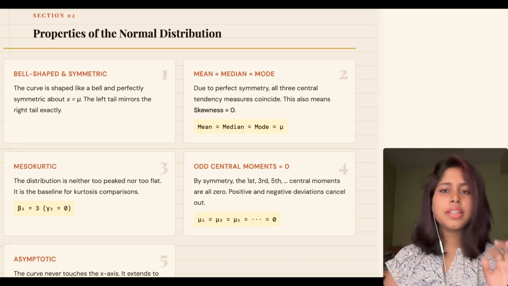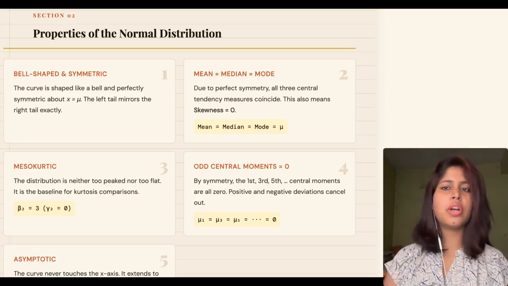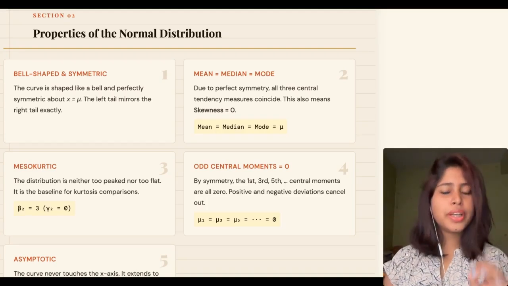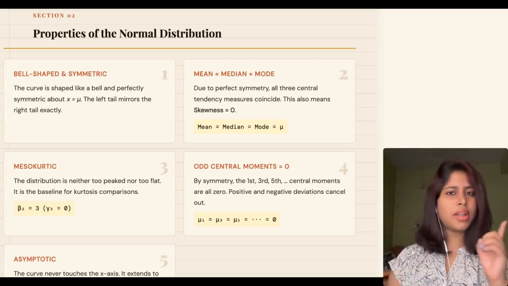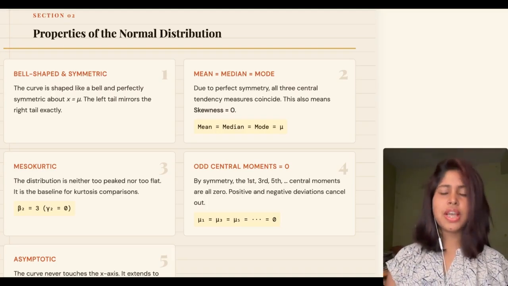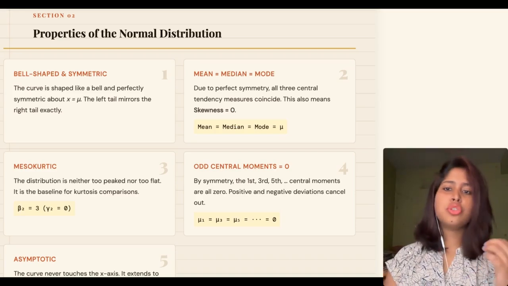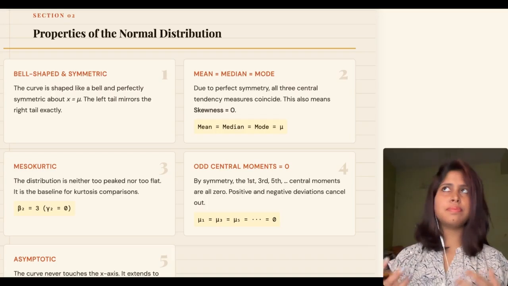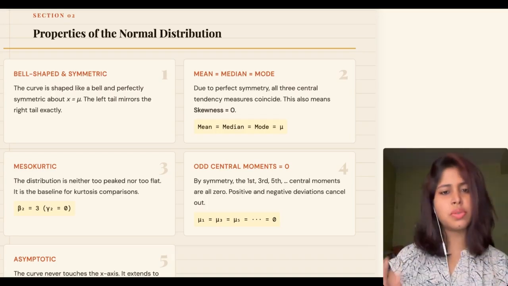We just covered that. But there's another shape measure called kurtosis, which we have learned in semester 1, right, which tells us about the peakedness of the distribution. Quick side note which I want to say: here also, beta 1 uses the third moment and measures the skewness. Beta 2 uses the fourth moment and measures kurtosis. And just to anchor this, the first moment is the mean.